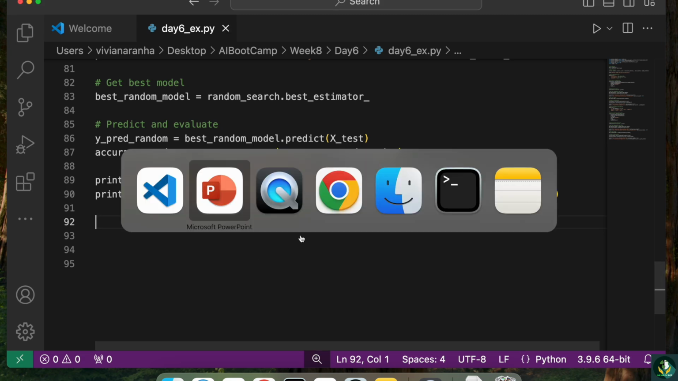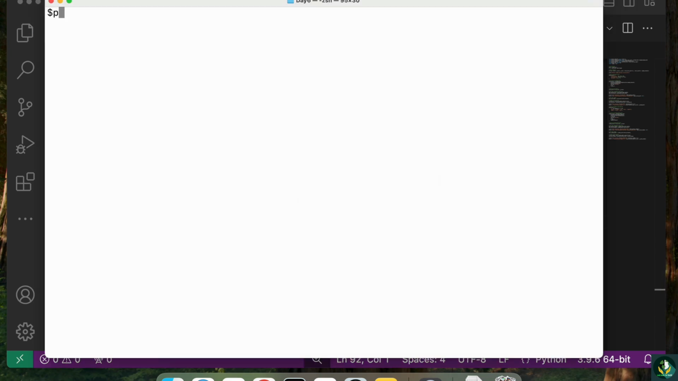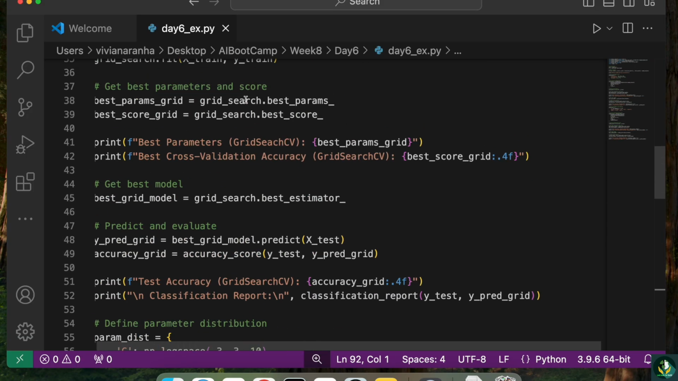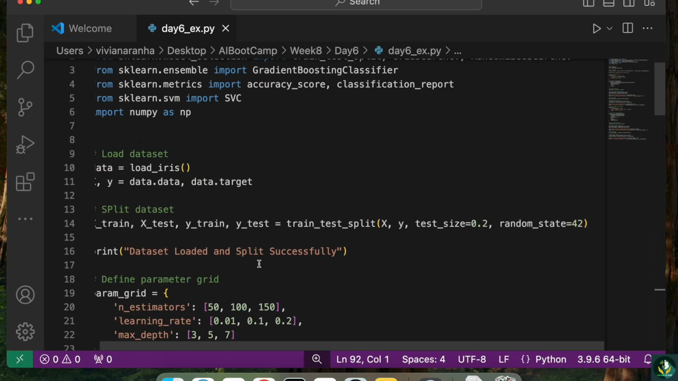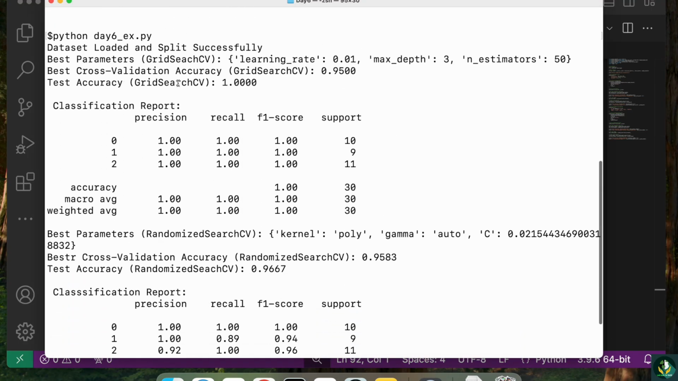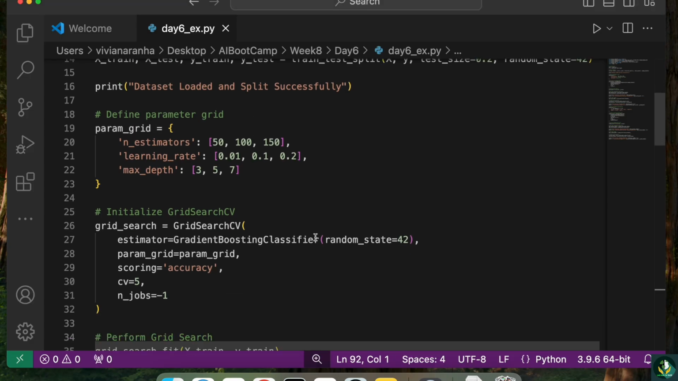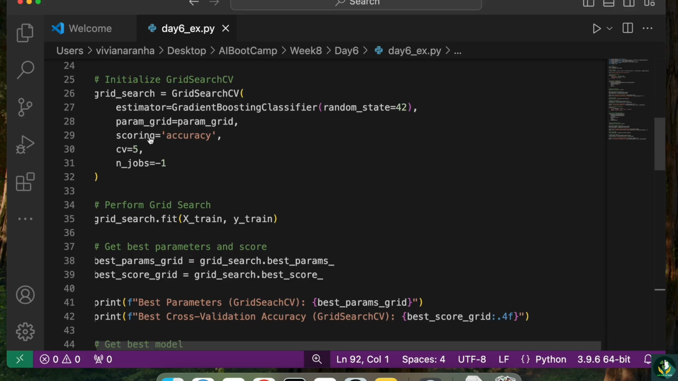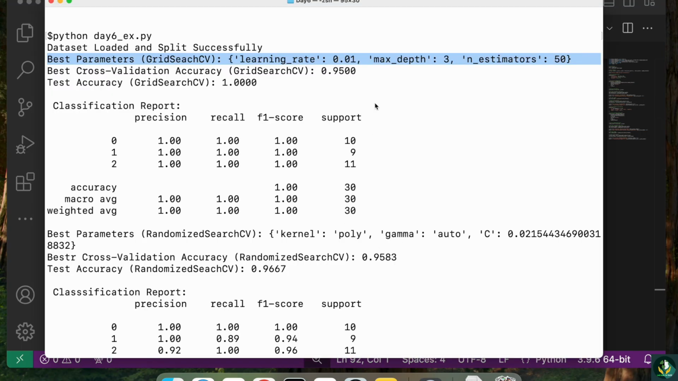So now go ahead, save it, and say python day6.ex. It's going to say data set loaded and split here, which was our first output right over here. Lots of lines of code here. Line number 16. Next, it's going to give me the best parameters for grid CV, which was printed right here. And it said learning rate is 0.1 based on the data that is set, max depth 3, and estimators 50. Best cross validation score is 0.95 here,